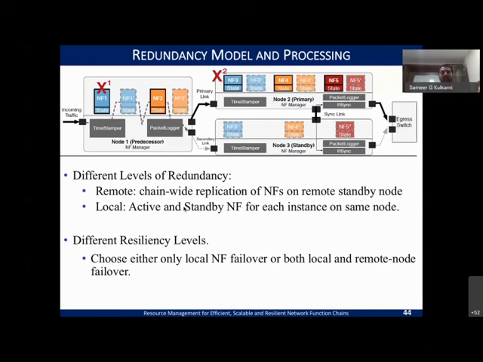In such case, you don't really need to keep updating and having the updates go to the remote. And in some cases, you know that only some functions can fail frequently. Then it's sufficient to have just local failover rather than having to do it remote, right? So these are some of the characteristics that we add to say that you can have different resiliency levels to control how this system can be optimized.